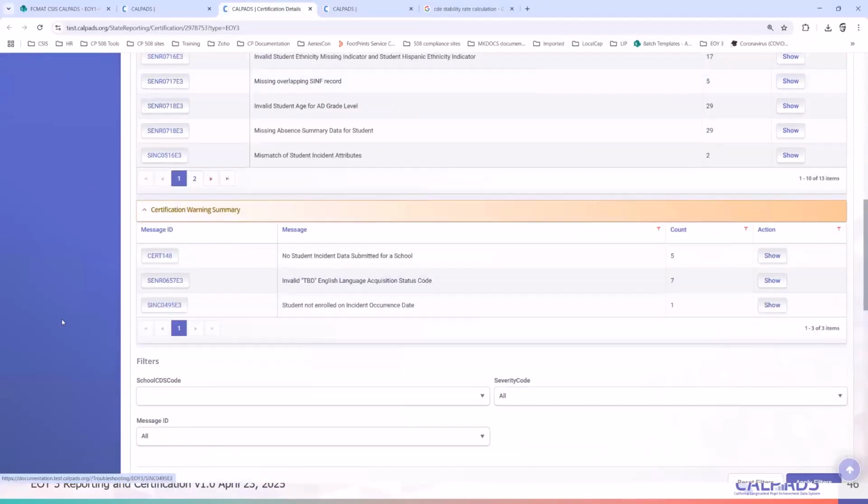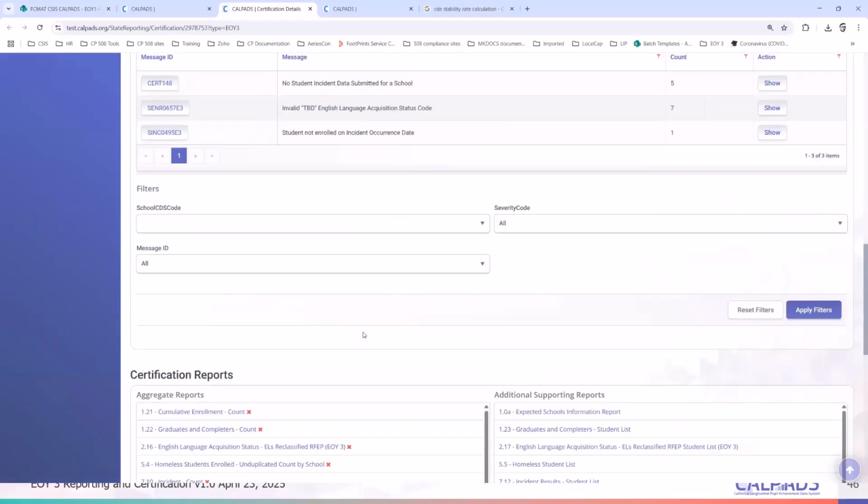Right, and then of course you have warnings. So even though these are warnings that will not prevent you from certifying, I would still look at warnings since these are still potential data discrepancies that you will need to correct in the ODS.